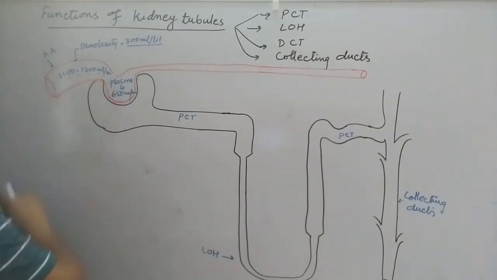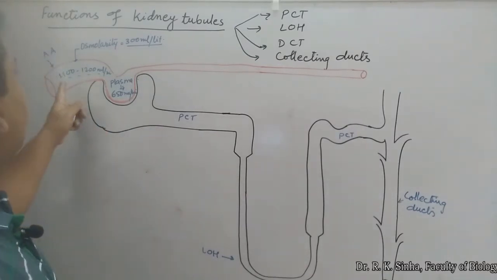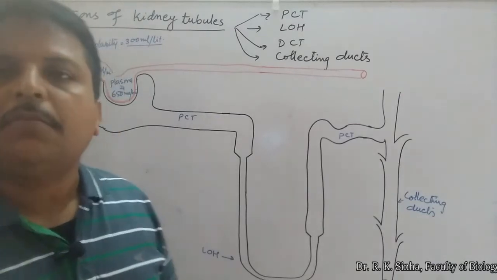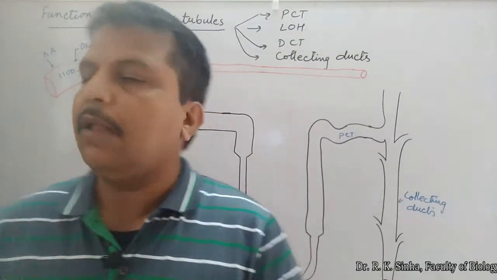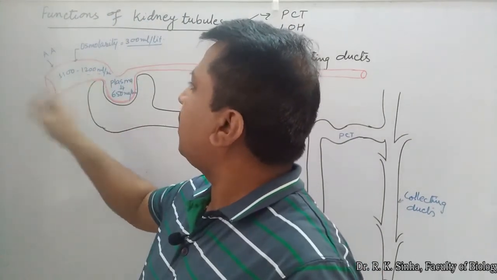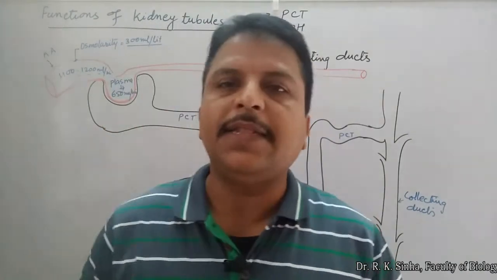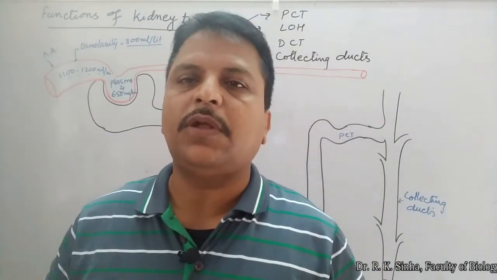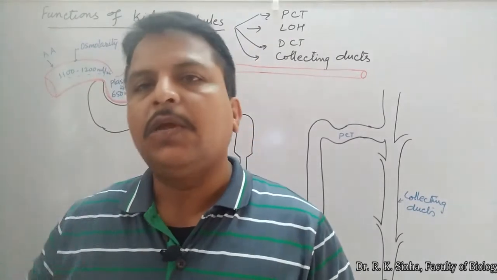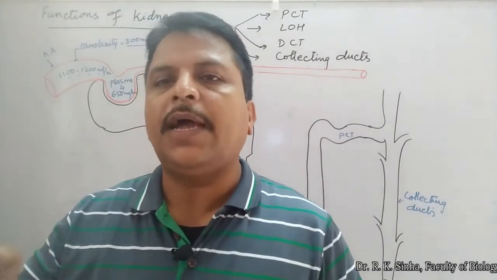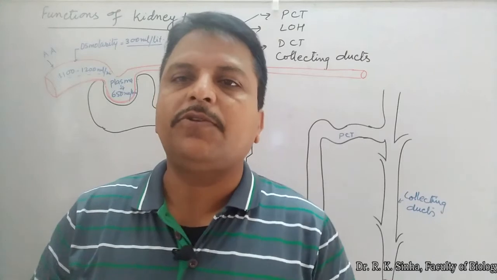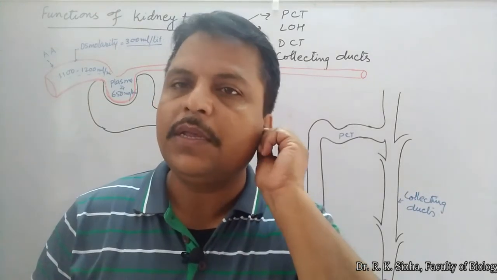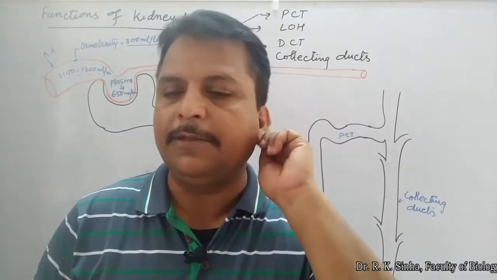This is the amount of blood pumped out from the kidney, meaning 1100 to 1200 ml of blood passing through the different nephrons of the kidney. This 1100 to 1200 ml of blood is 1/5 of the blood pumped out by the heart, meaning 20% of the total blood pumped out by the heart will pass through the kidney, and that 1100 to 1200 ml of blood will be filtered or passed through 1 to 2 million nephrons of the kidney.